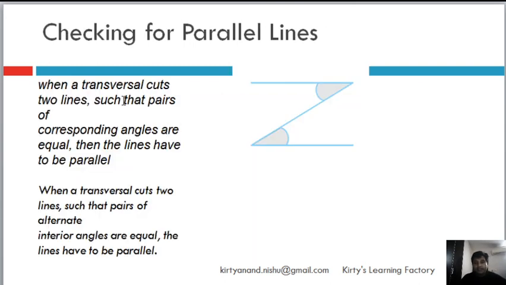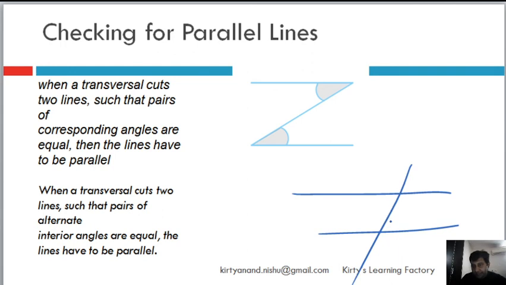Now I see that when a transversal cuts two lines, such pairs of corresponding angles are equal and the lines. So see, now what we are seeing, the opposite we are trying to find out, how we'll find out that certain lines are parallel lines. So whenever there are two lines and there is a transversal in such a way that alternate interior angles are equal, okay,